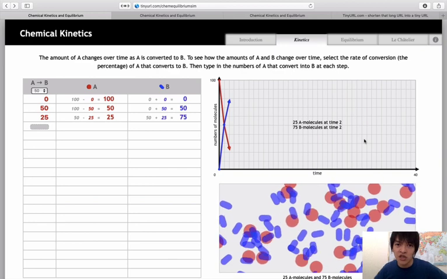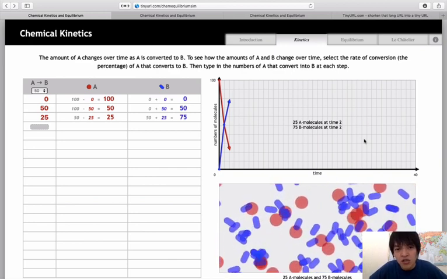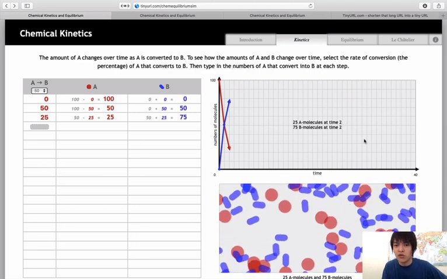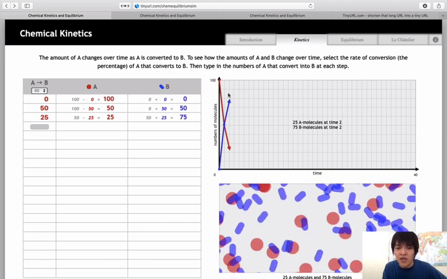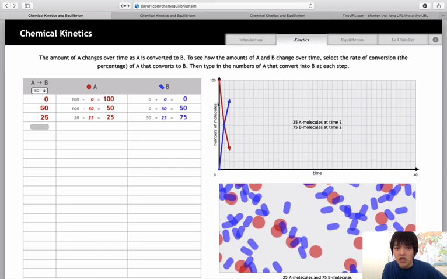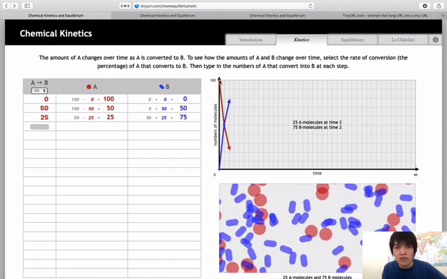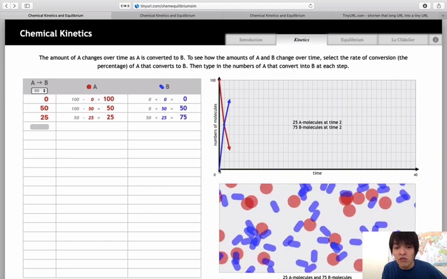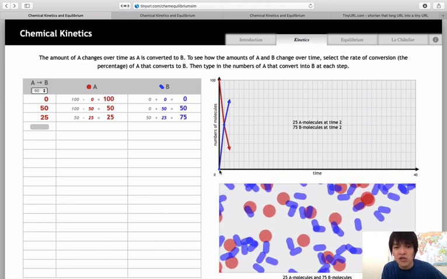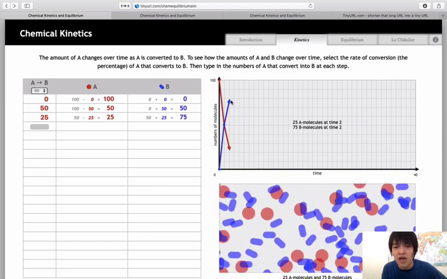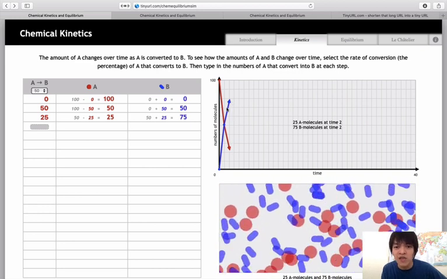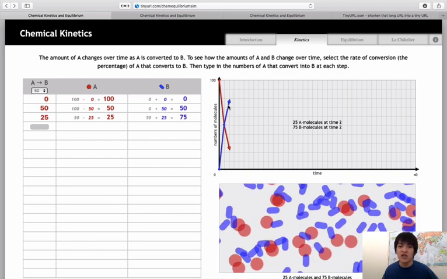This line graph is just keeping track of how many molecules of A and molecules of B you have over time. So for example, at the very beginning, time 0, you had 100 molecules of A and 0 molecules of B. So this is just showing you over time what's happening with your molecules of A and B. A was decreasing and B was